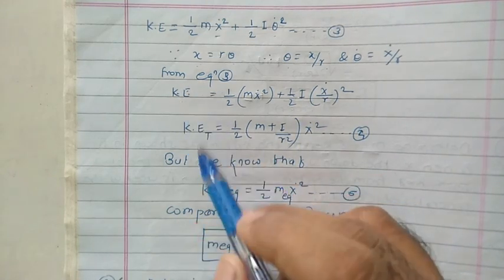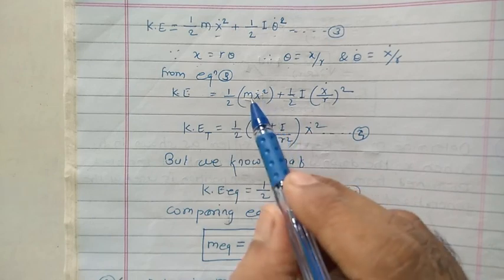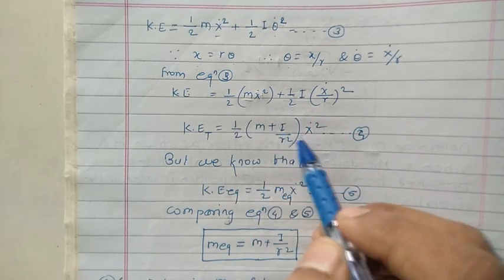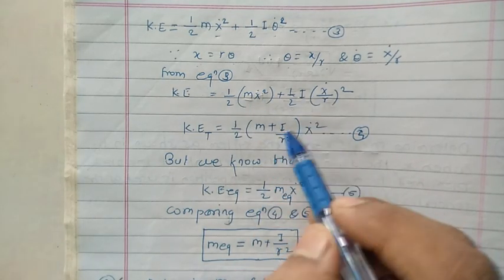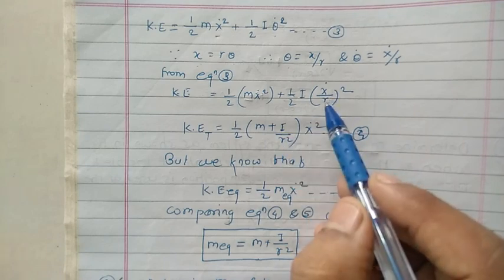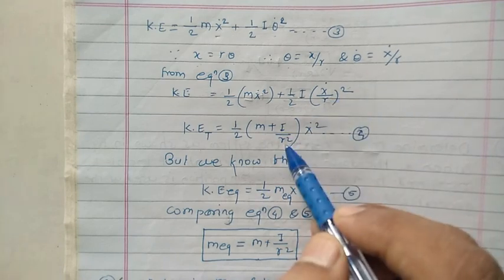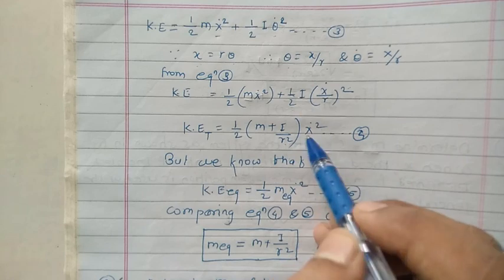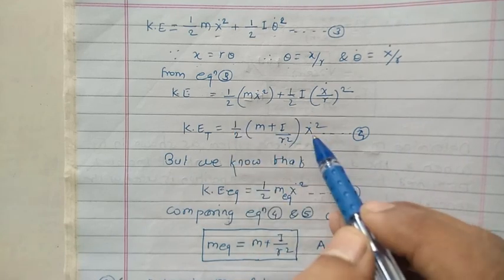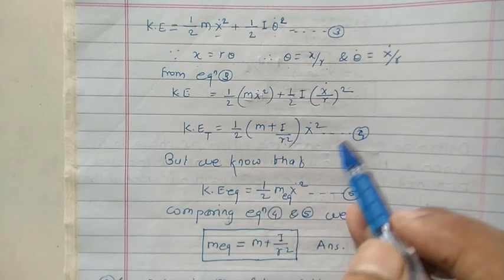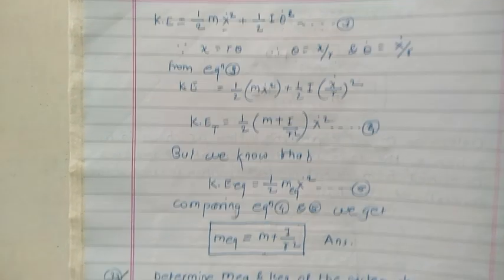Total kinetic energy is nothing but 1/2. The mass term will remain as it is, plus what about this one? The I term will remain as it is, and the square of this one will occur here, so r square is here. So take this 1/2 common from this side and x single dot square from this side. So we know the equivalent